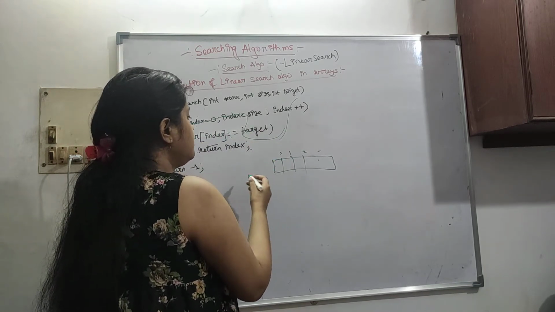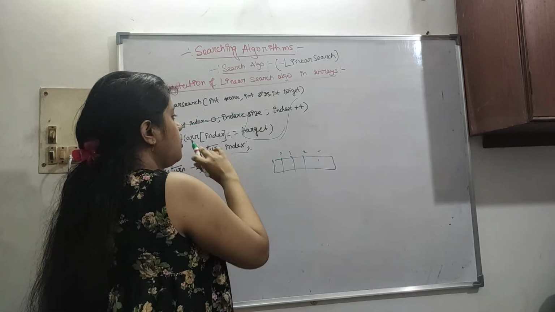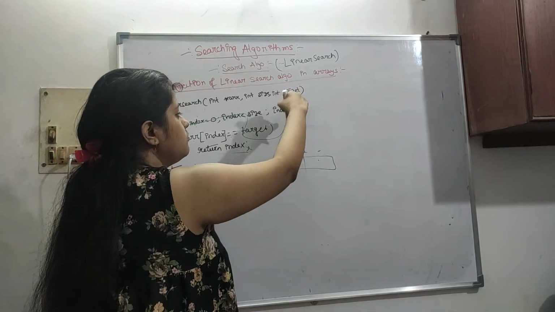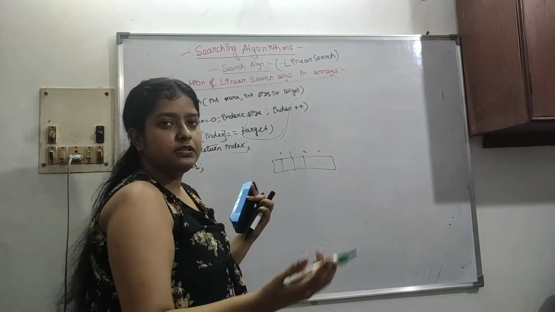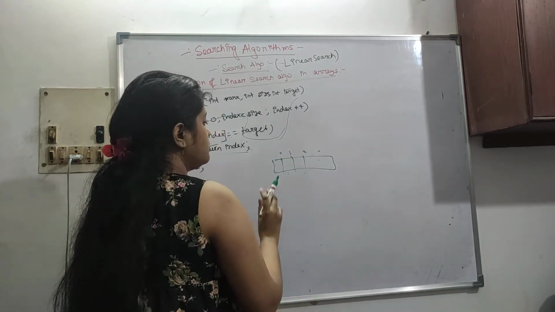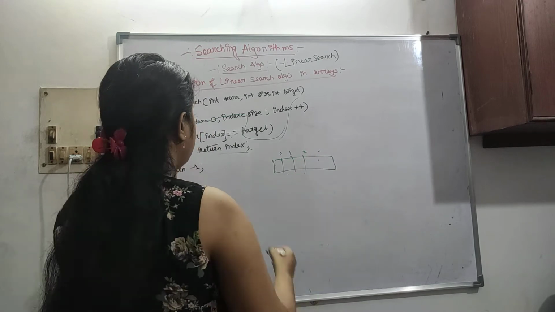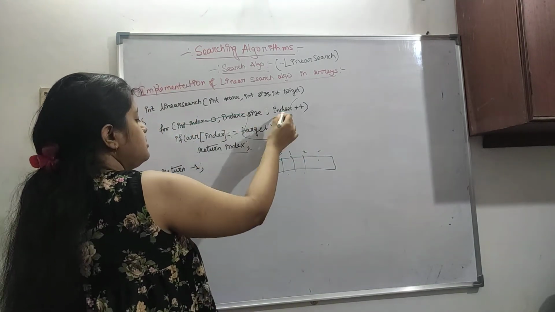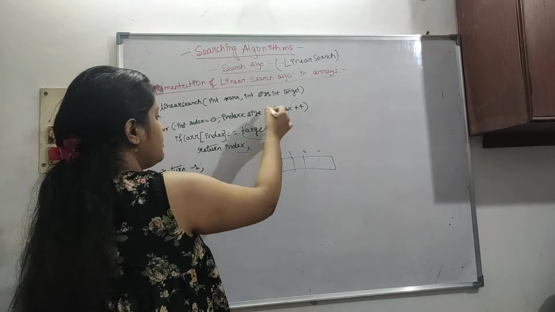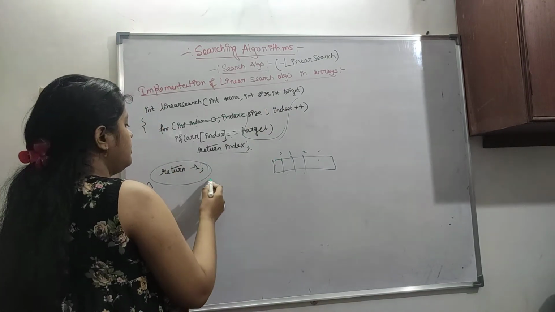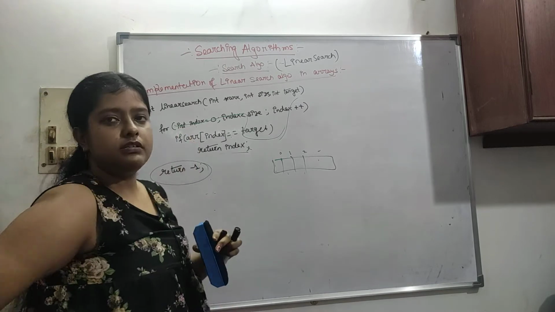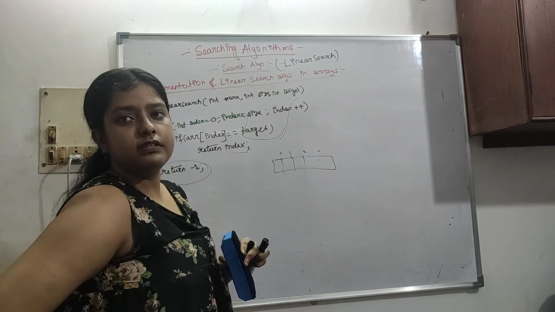If it is equal to the target, we can just return this index, or if not, we will go and increase the index by 1. It increases by 1 because it is searching sequentially, so every time it is increased by 1. Up till here, if we have reached the size and we haven't found anything, we will return -1. It means that we have searched, but it is unsuccessful.